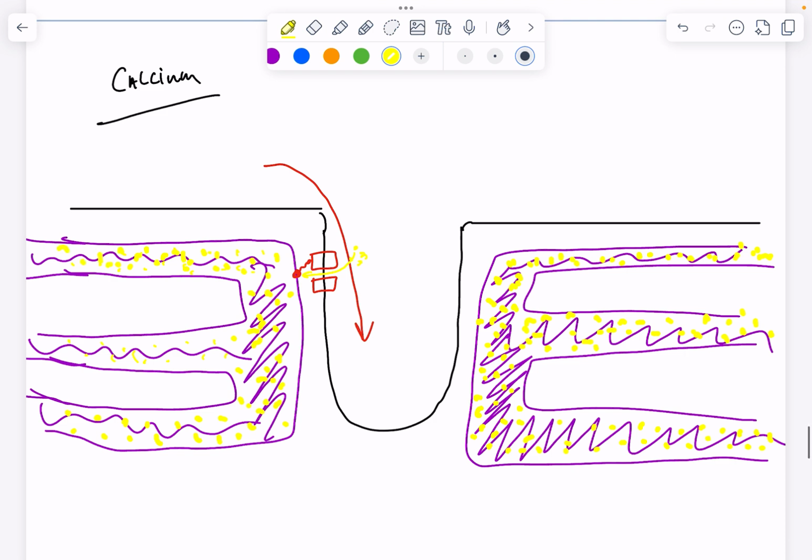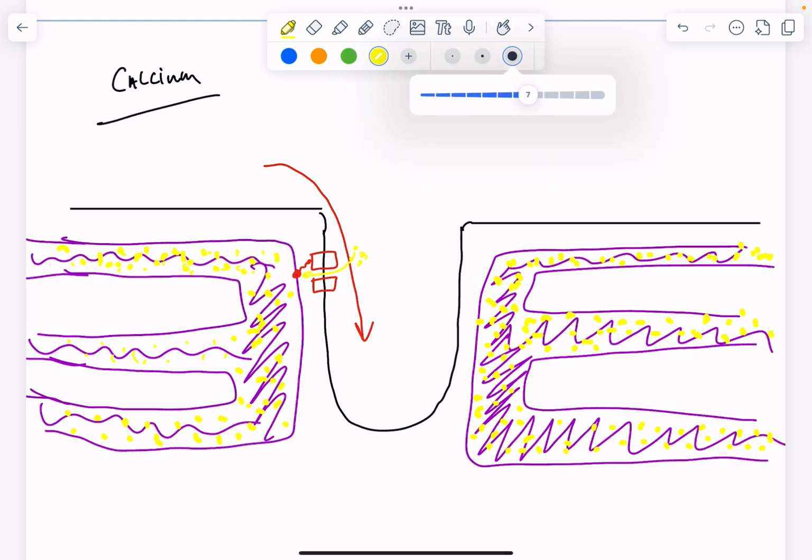Okay, that's all our calcium in the cell. Voltage gated calciums are going to open and calcium is going to enter the cell. When calcium enters the cell,